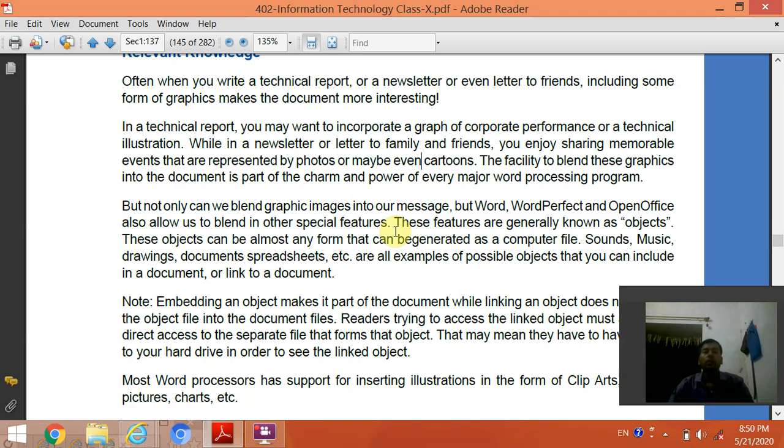That's why we have to use graphs, pictures, and clip art in our documents.